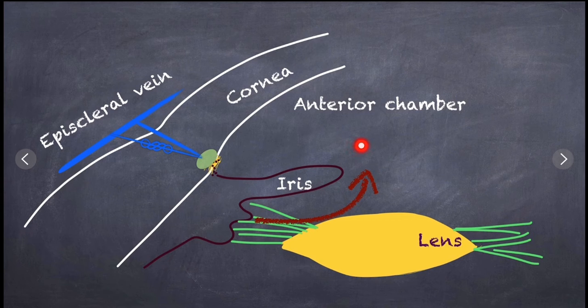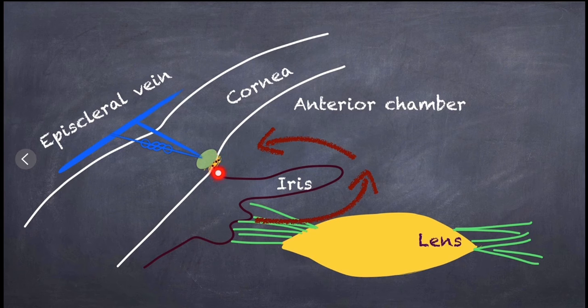From anterior chamber it flows into the angle of anterior chamber. Usually this whole process is a passive one, aided by blinks and ocular pulse,